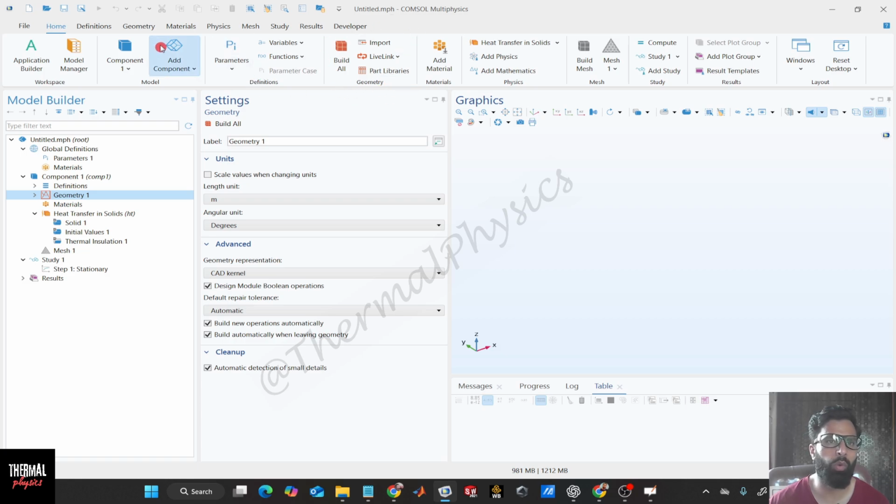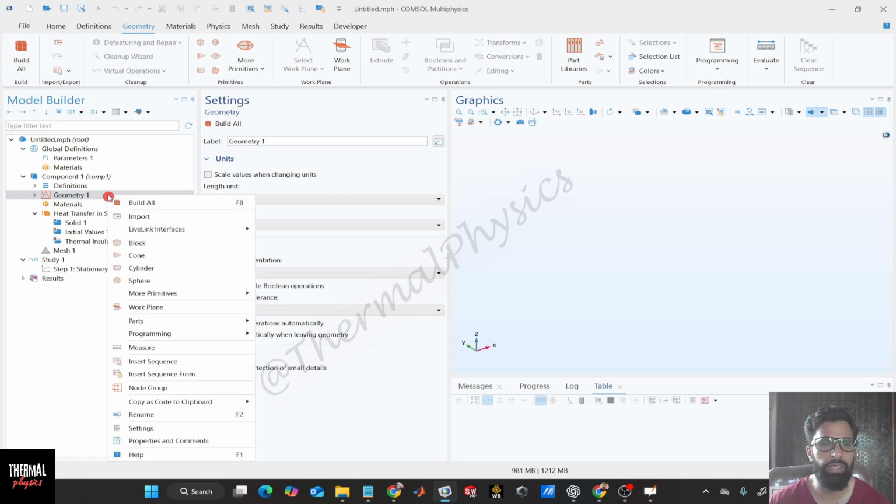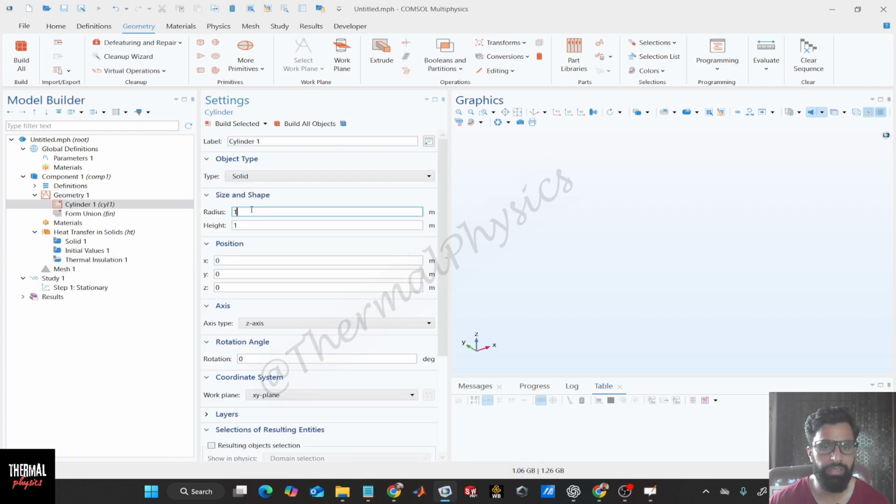Or we can go to the geometry section and see these tools like cube, cone or cylinder. We can use these elements to create our spoon. The simple way is to right click, and since we need to create a cylinder, we will click cylinder. Our diameter is 4, so radius will be 2 centimeters, which means 0.02 meters, and our length, which is the height of the cylinder here, is 1 meter. It's 100 centimeters, which is 1 meter. And position we'll keep along the x-axis,